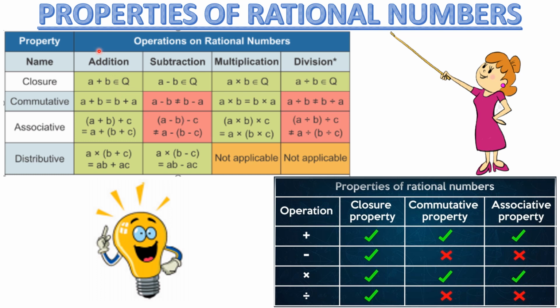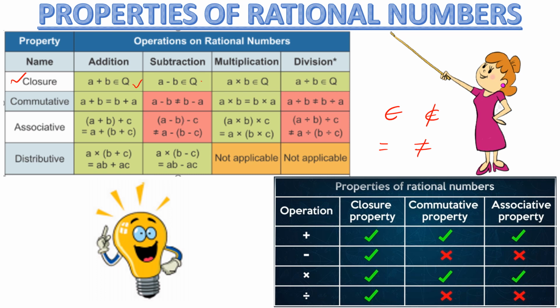Let us see here the clear picture of these properties of rational numbers, that is, in which one it is satisfied under addition or subtraction or multiplication or division. So look at that one by one here. This closure property, it is satisfied under addition, right? So that's why a plus b belongs to Q. So this symbol we are using for belongs to. Look at that, this is belongs to. This is not belongs to. Understand? Look at that. This is equal. This is not equal. These are the symbols in mathematics we are using generally, right? So look at that. The closure property, it is satisfied under addition, right?